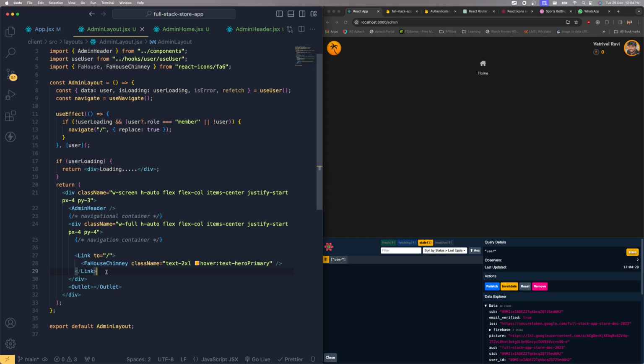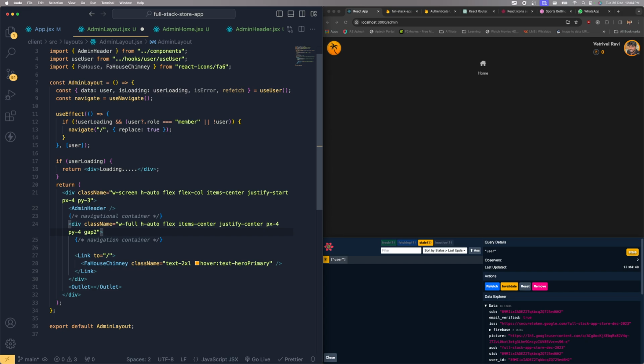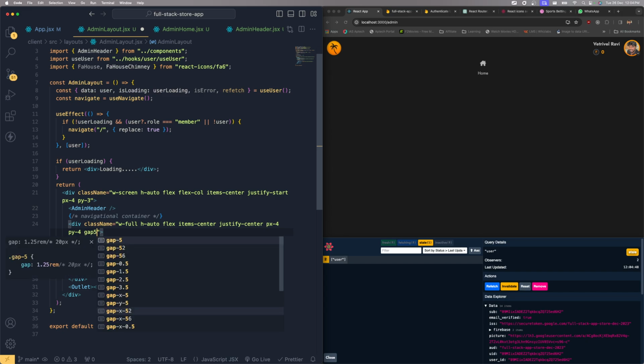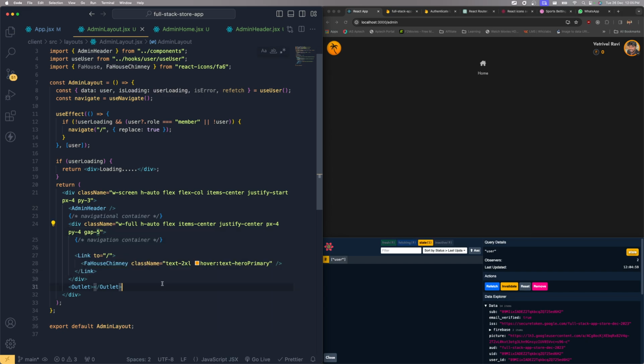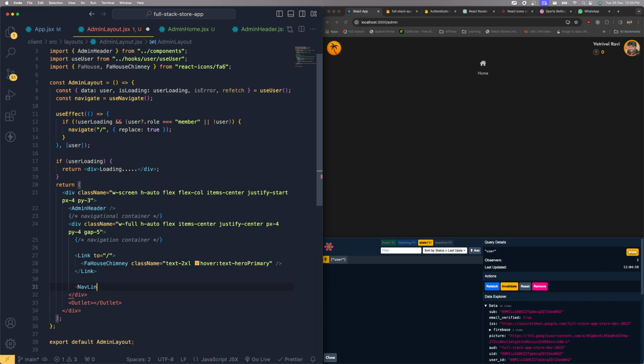And right after here, this is not supposed to be flex column. Let's keep it as a flex itself. So it will come over here, item center, and let's keep it in the center position, center. Now it will be in the center, and the gap between each and every object, it's going to be 20 pixels, which means 5. Save the changes, and right after this link, I'm going to bring a nav link from the